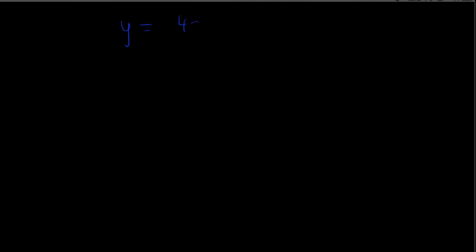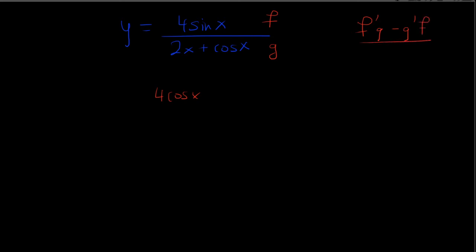y is equal to 4 times sine x over 2x plus cosine x. We'll let f be 4 sine x and g be 2x plus cosine x. The derivative of f is 4 cosine x. So just to recall, this is our formula. So the derivative of f is 4 cosine x times g, minus the derivative of 2x plus cosine x, which is 2